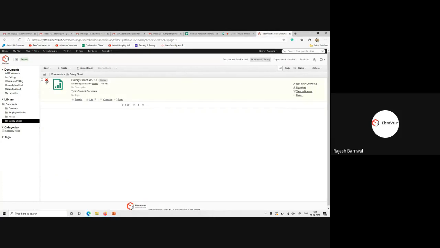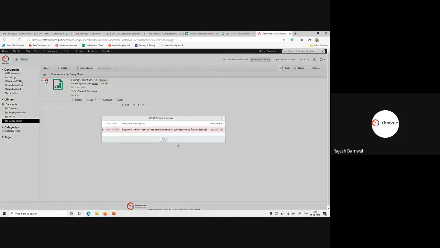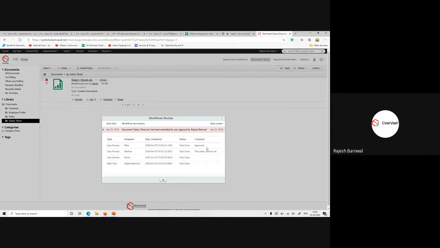Now you get a rejected icon on the document. If you want to check what comments I received, click on view all workflow, and see, Mike approved this, and Matthew said this salary sheet is okay, and David rejected this document. That's why the cross sign came.